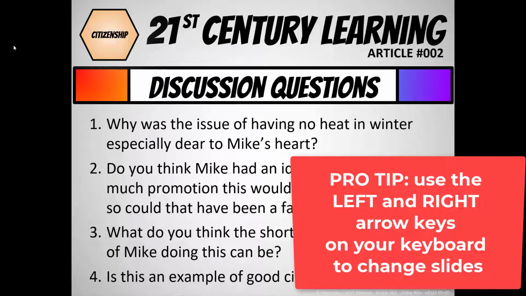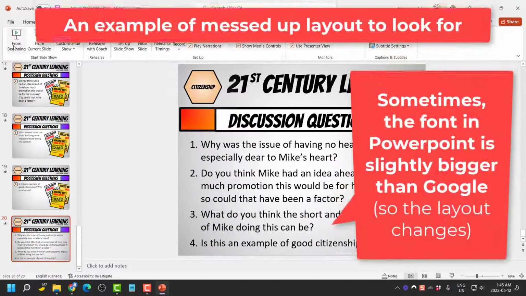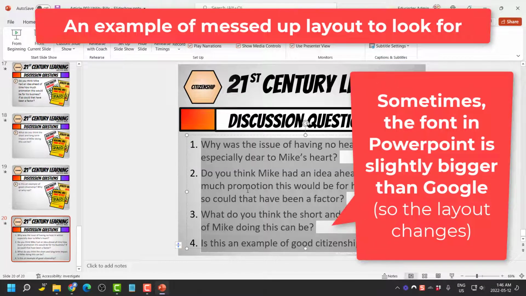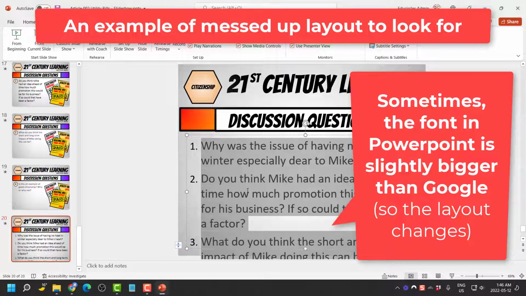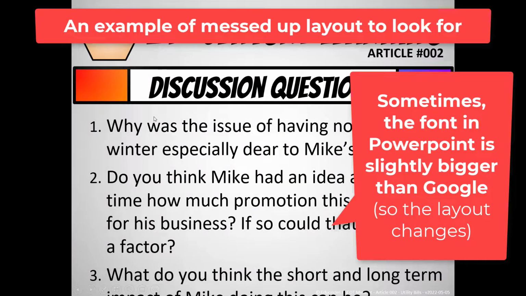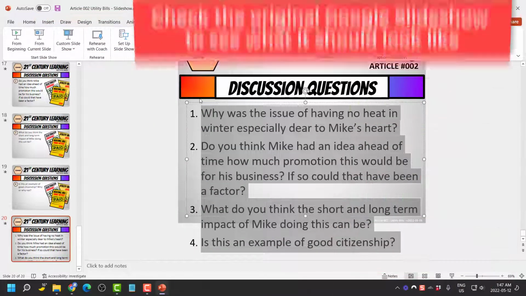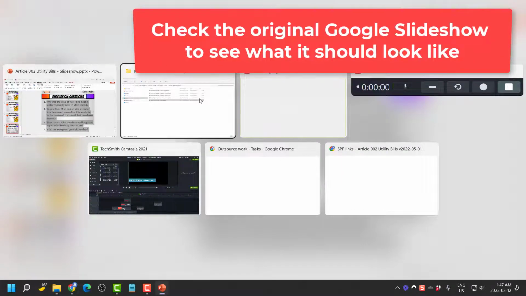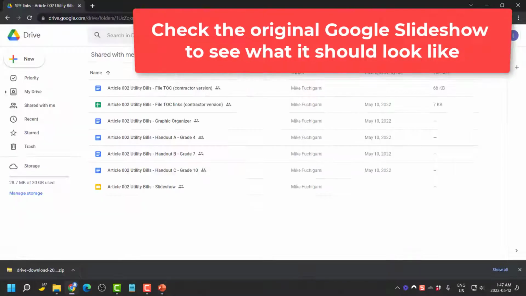I'm just using the keyboard keys to go forwards. Okay, so there's nothing there. It would be, for example, and I'm going to press Control Shift period to make this larger, right? An example of what it would look like if it was messed up is here, where the text is clearly larger than the screen. The way to double check what's happening is Alt-tabbing to go back to, there you go,